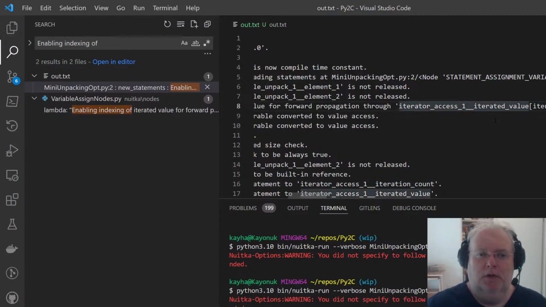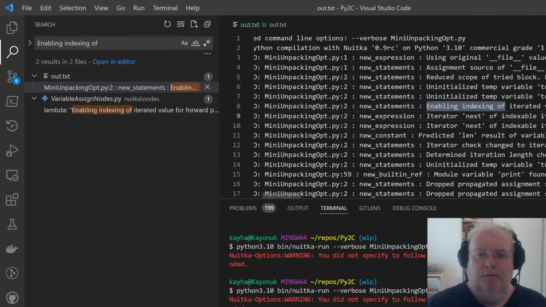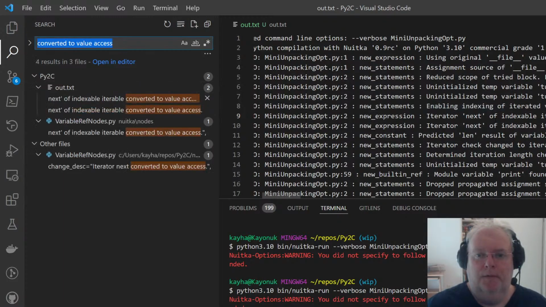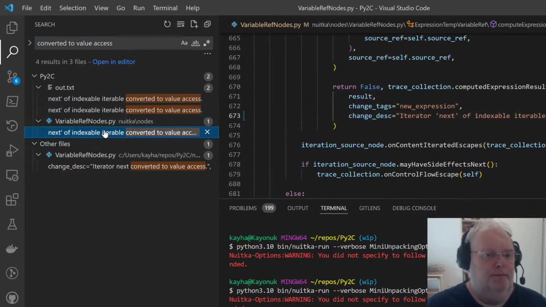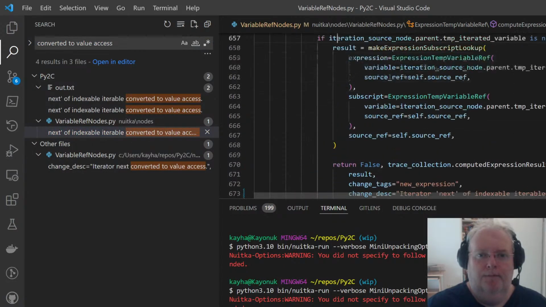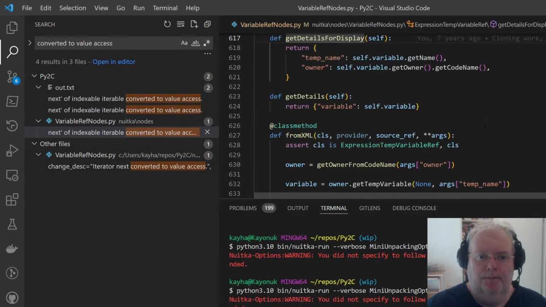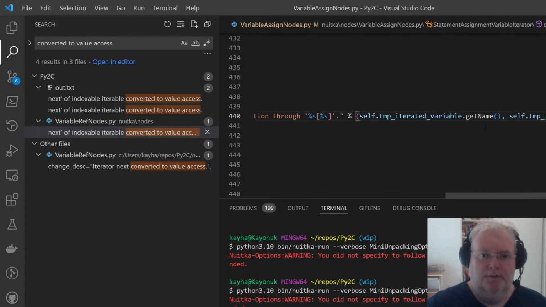Iterator access 1. Yeah. Okay. Iterator next converted to value access. Yeah, why not say which one it is? It's actually the same thing. Maybe I make it a function.